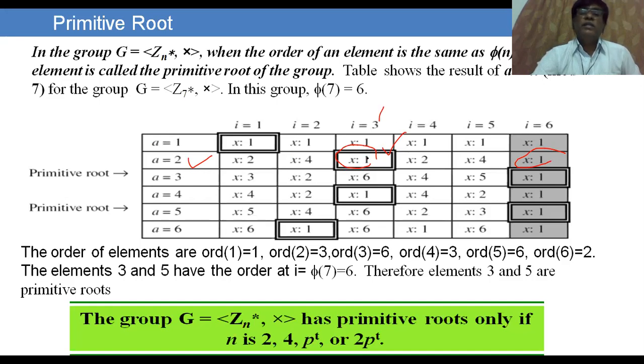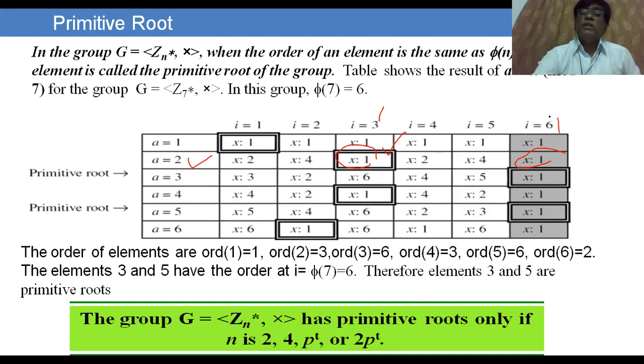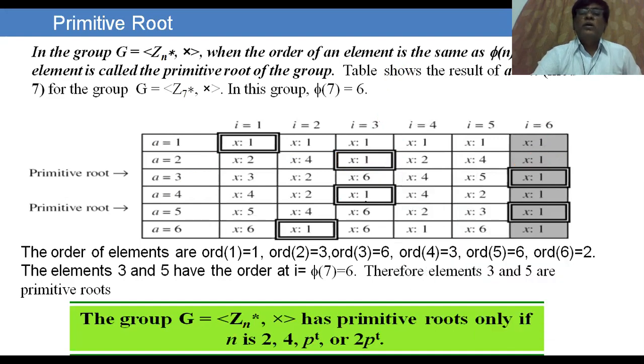For 3, we get the congruent 1. We got 1 for 6 also, but don't consider the next one, only the minimum k value. So like this, here we got x equal to 1, here x equal to 1, the first one, here x equal to 1, here x equal to 1. Among all these,